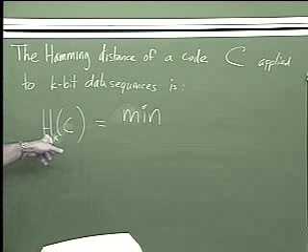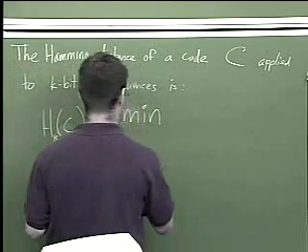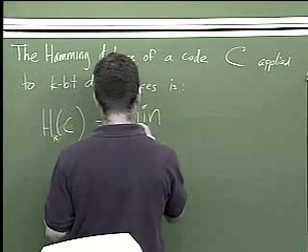Anyways, the Hamming distance for k-bit data sequences for that code is the min over